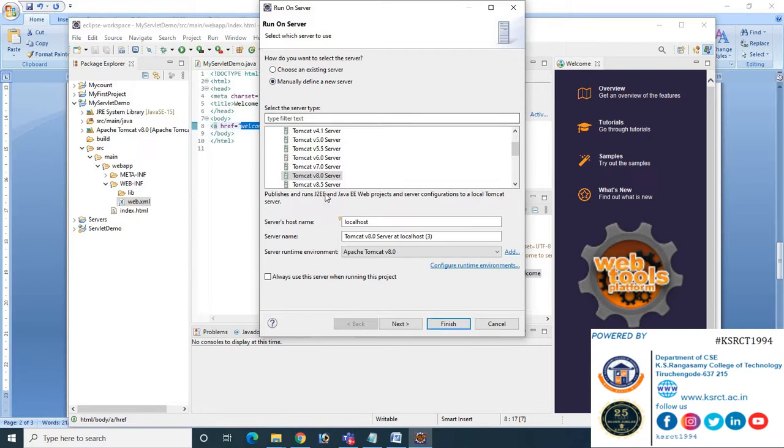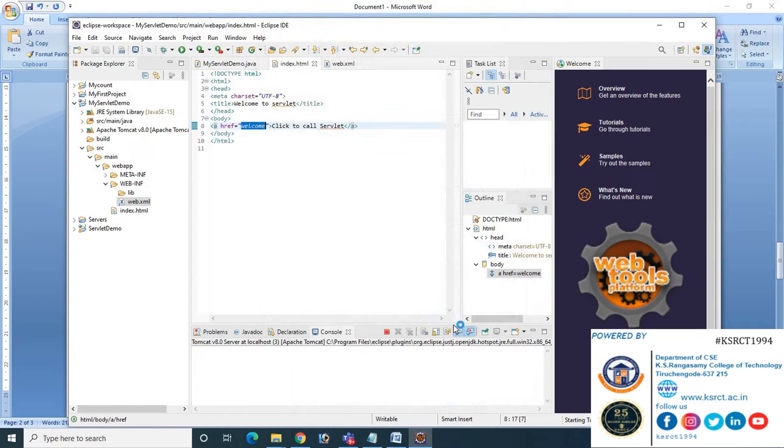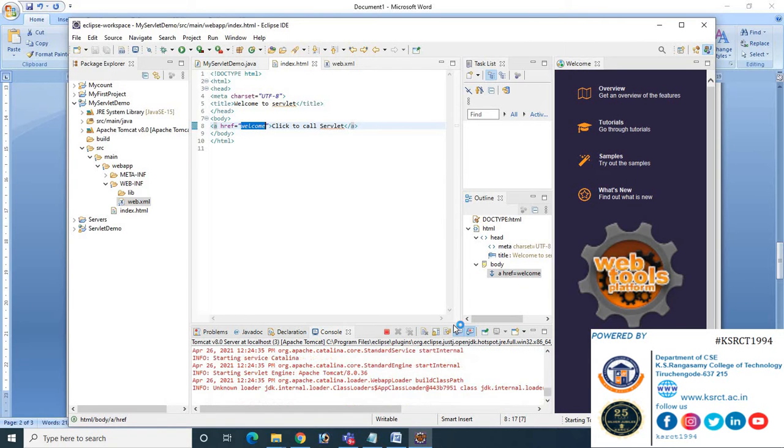So let us manually define the server. Let us choose the server Tomcat v8.0. Sometimes the existing server will be in the running state. It won't create the problem. If the servers are stopped, we have to manually define the server. We can perform that also. Let us give finish. Now the server is running.